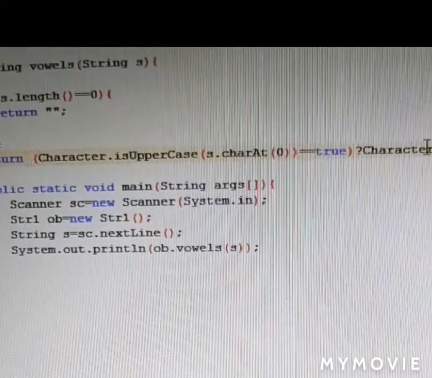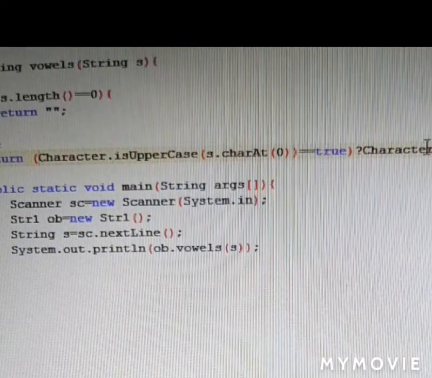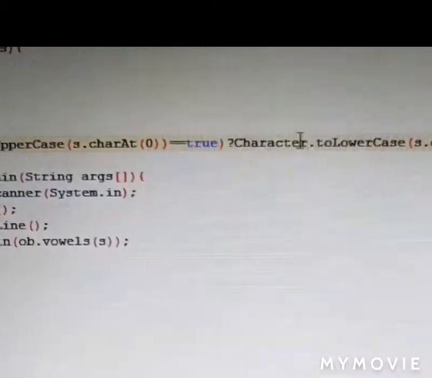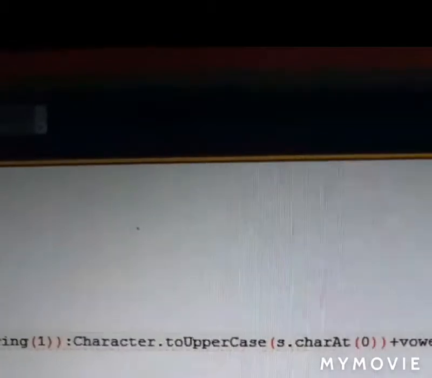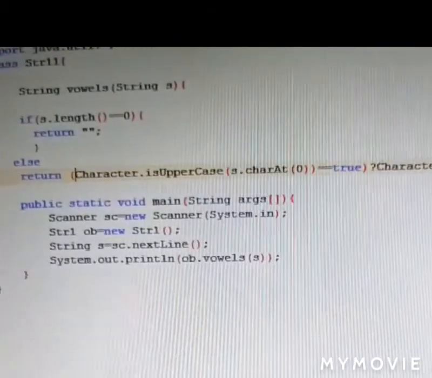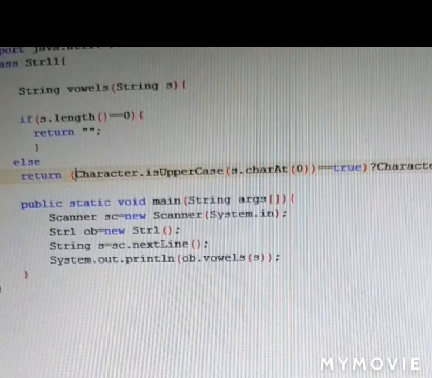That means here we have got two options. After the question mark we are converting it to lower case, and then with the plus sign we are calling the function. But if it is not so, if it is in lower case, we are going to convert it to upper case with s dot charAt 0, plus we are going to call the function again with s dot substring 1. Let's see the output, how it works.